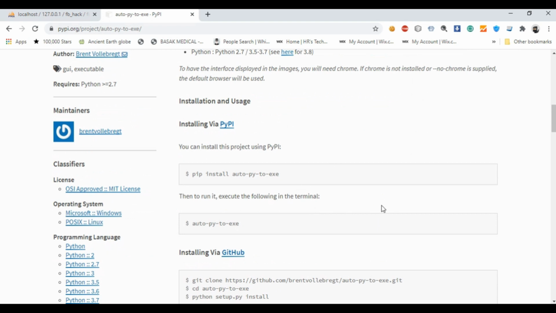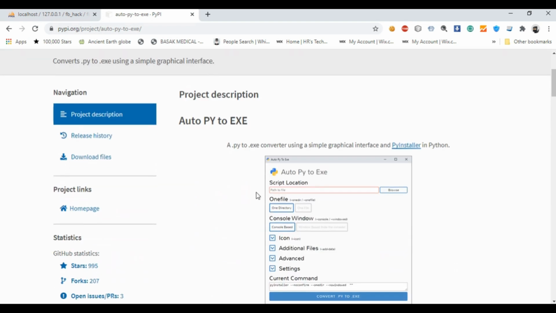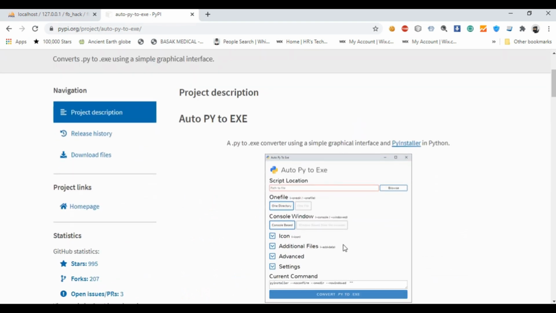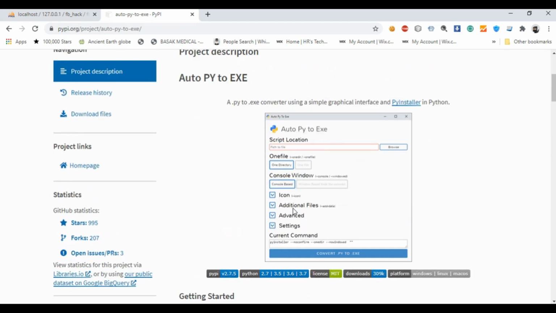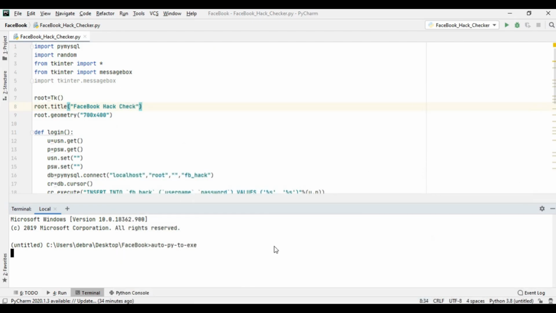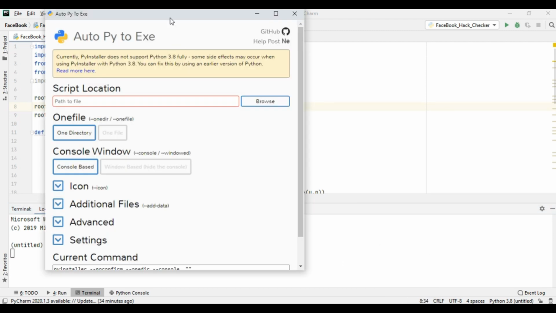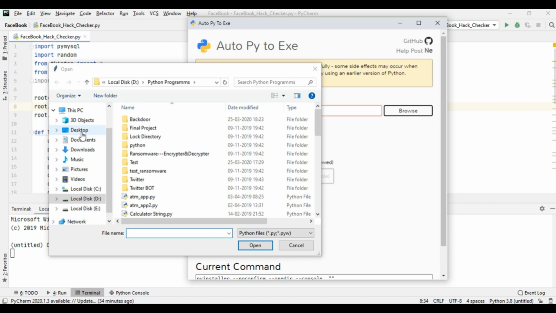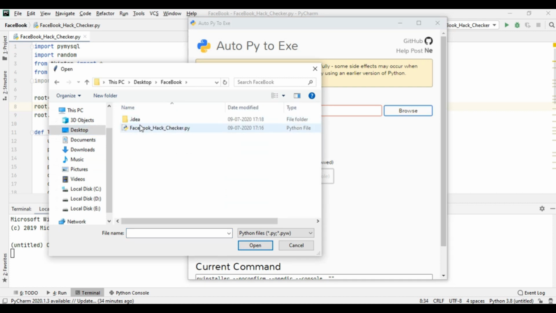This is a module. You can read about this module. It is a GUI mode application for converting a Python script to exe file. So call that application. See, so select the path of the file. Currently this is in my desktop, Facebook hackchecker.py.